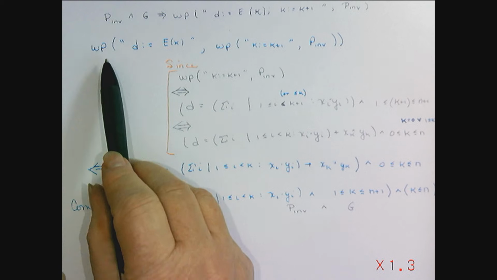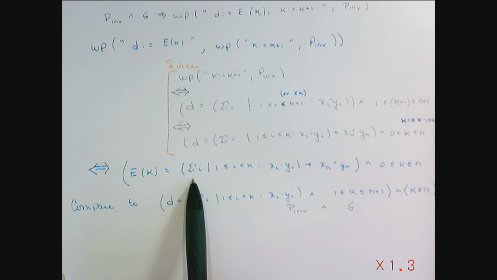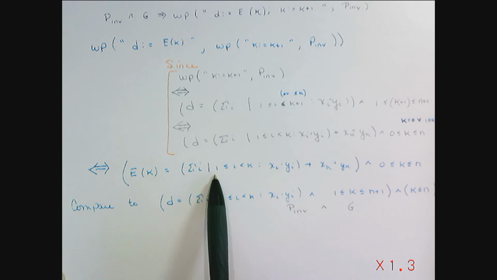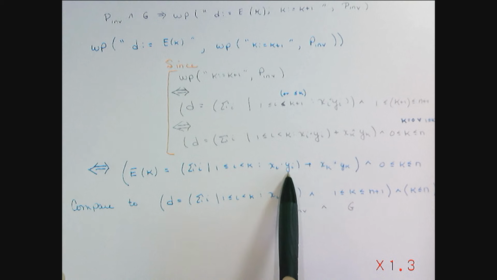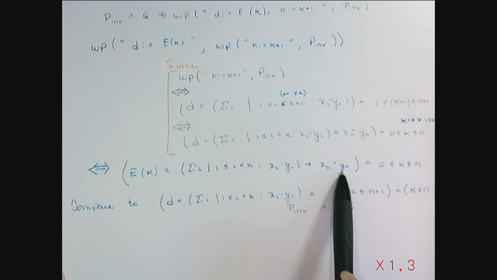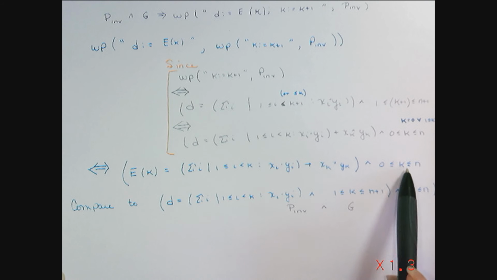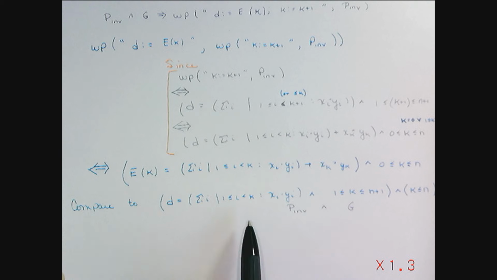So this weakest precondition becomes e of k is equal to the sum over i from 1 to k, including 1 but not k, of xi times yi plus xk times yk. And 0 is less than or equal to k is less than or equal to n. Now,